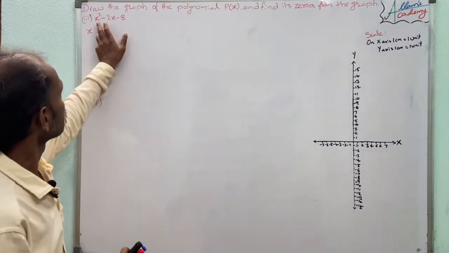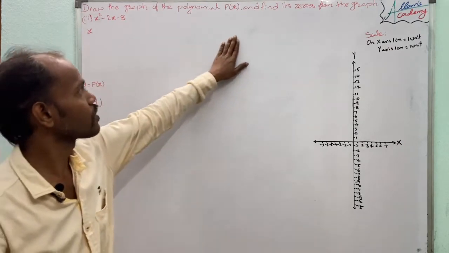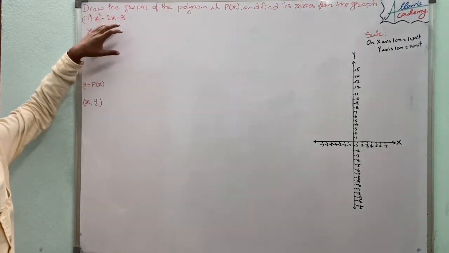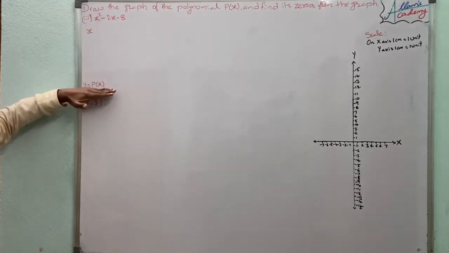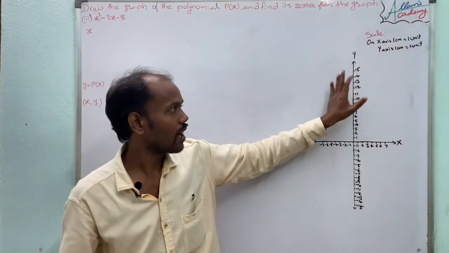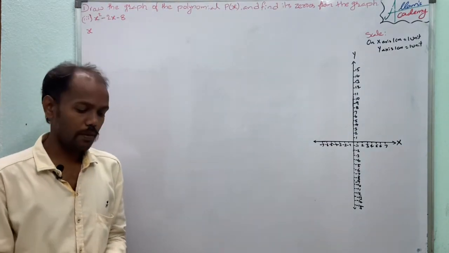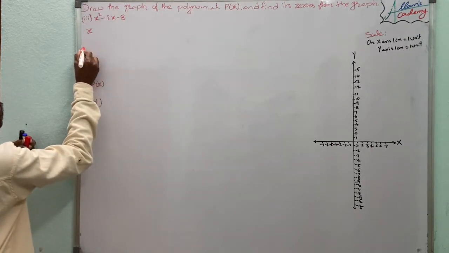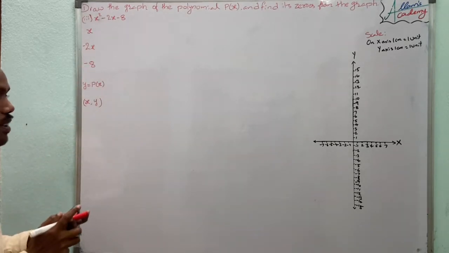For finding the graph of x square minus 2x minus 8 to zeros, we have to find the x square value and the minus 2x value. Next, these values are subtracted with minus 8, and then we get the corresponding y value. So that xy points are substituted and located on the graph, and we get the zeros of that graph. For that purpose, first we take the x square value and minus 2x value, next the minus 8 value.